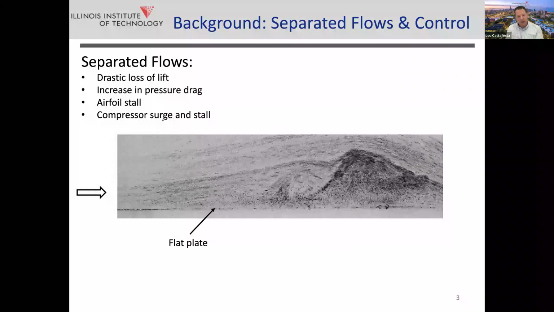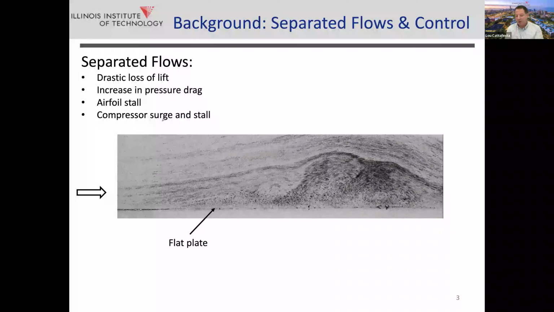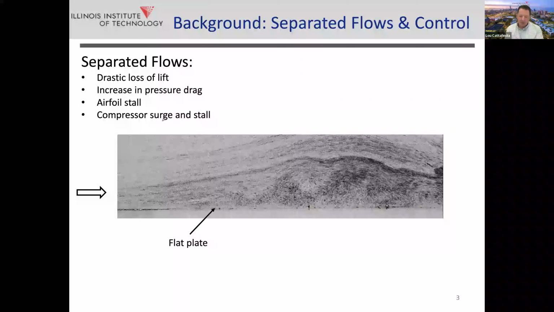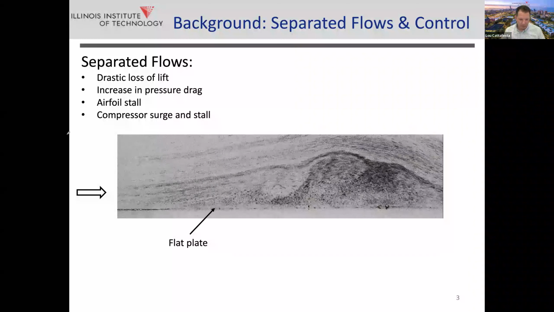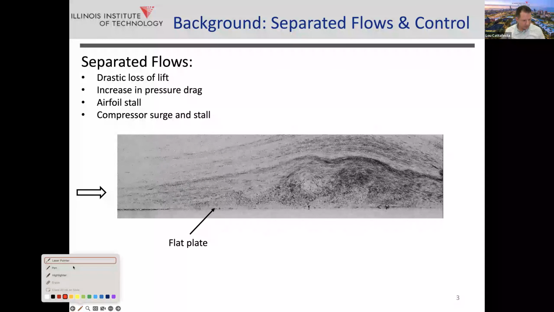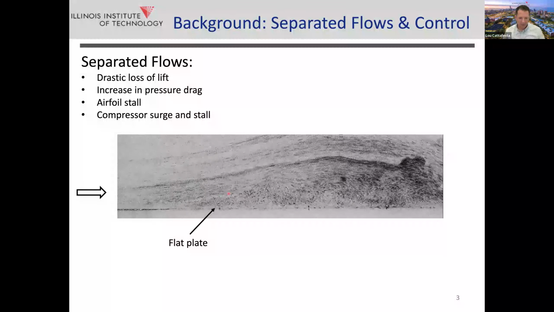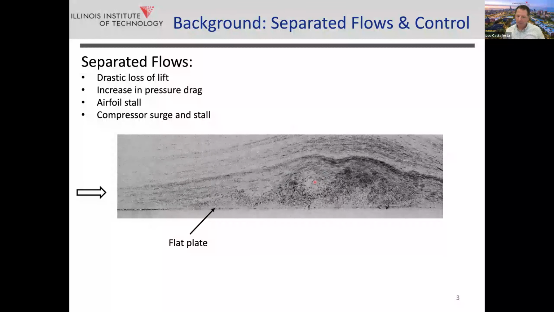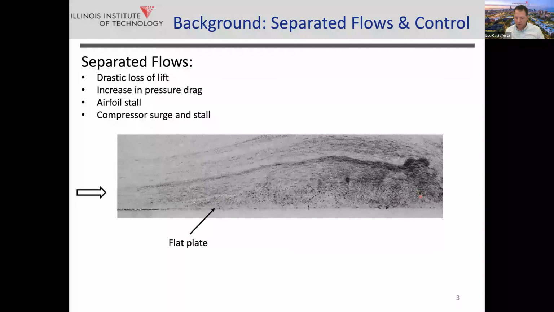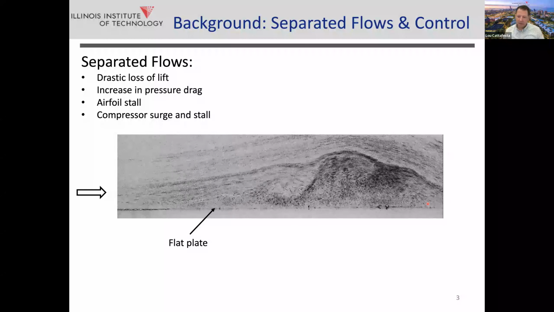So we have an incoming boundary layer that's moving from the left to the right, and you can see a separation. I'll explain how this actually occurs, where we induce a separation bubble. So you can see how the shear layer actually lifts up off of, let me do a laser pointer here. So you can see how the incoming boundary layer lifts up, and you see this roll up through a Kelvin-Helmholtz type instability. And then you get this closed separation bubble. So it reattaches somewhere downstream here.